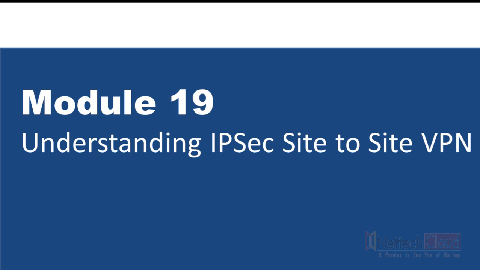Understand IPSec site-to-site VPN. Do you understand what VPN, or virtual private network, is in general? Forget about IPSec site-to-site for now; we will understand IPSec site-to-site also. But let's first understand what VPN is, because VPN not always necessarily means encryption. VPN could be any tunneling technology to extend private networks over shared network infrastructure. So let's understand what tunneling technology is, what VPN is, and the different types of VPN.